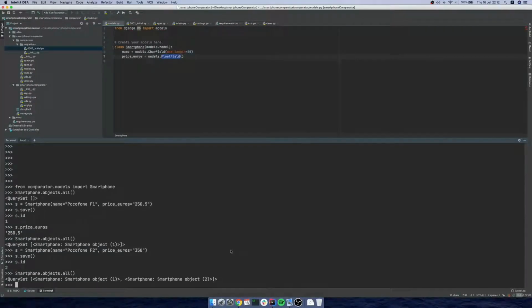Which one is which? You don't know. So there is a method that you can implement that will help you to know what model you are querying. So we can implement that,